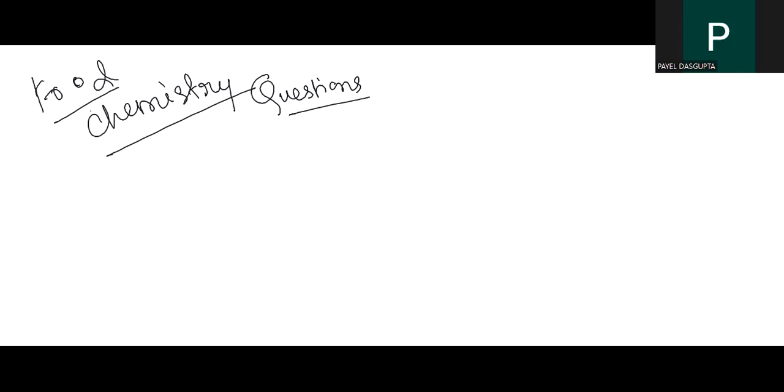This lecture is intended for all the students, mainly the diploma as well as the UG food technologists and food engineers, as well as those from a food science background. Basically, this will deal with food chemistry. So the first question is related to protein structure. You are aware of the protein structure, is it okay? So based on this, we will have a question.